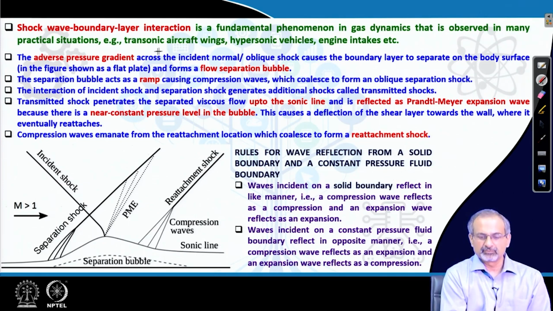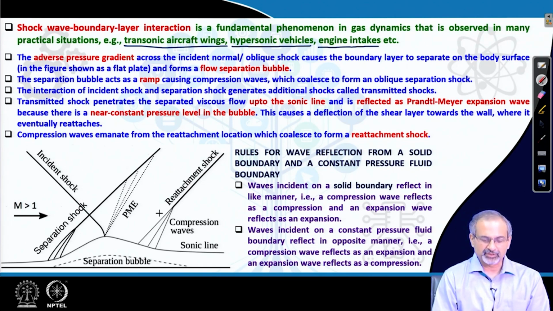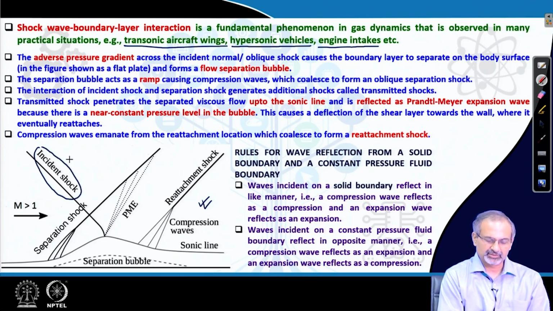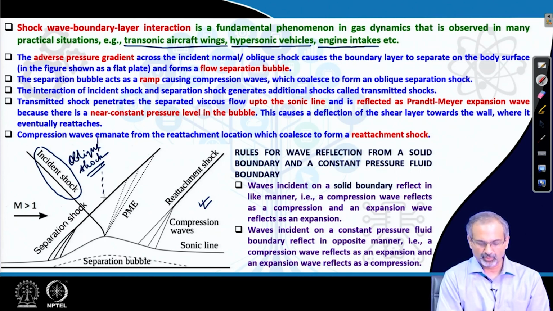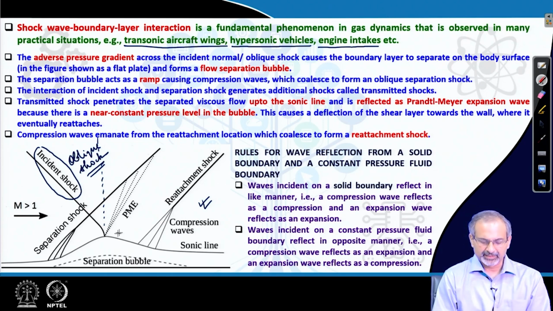Shock wave boundary layer interactions do occur on transonic aircraft wings, which we are discussing. They occur in other vehicles as well. They occur even in hypersonic vehicles, engine intakes, and so on. And if you zoom deep into the region where the shock has impinged on the boundary layer, this is what you will see. Here incidentally, the shock is coming in at an angle which is closer to an oblique shock, but the kind of shock we were discussing with reference to the airfoil is closer to a normal shock. So, there the shock would be looking more like this. That is a stronger one which is impinging on the boundary layer, and what happens is that the shock